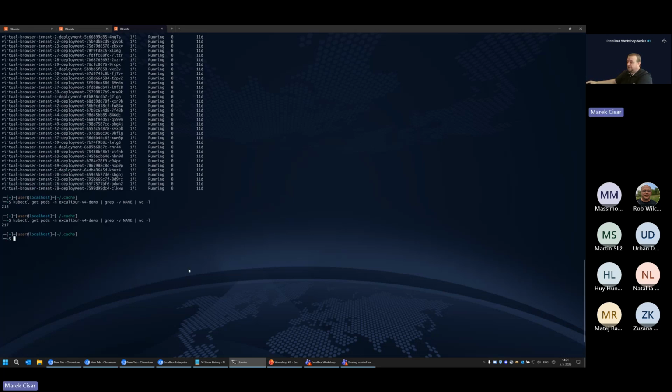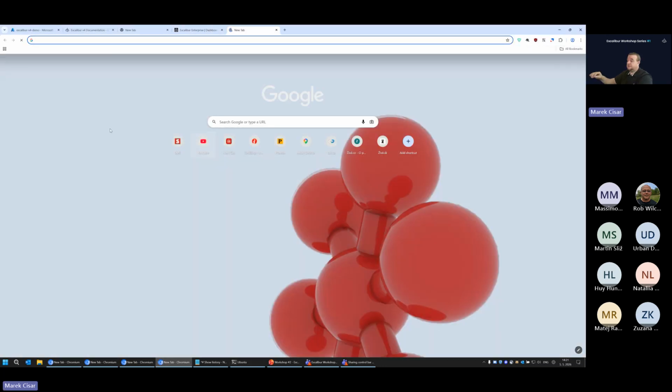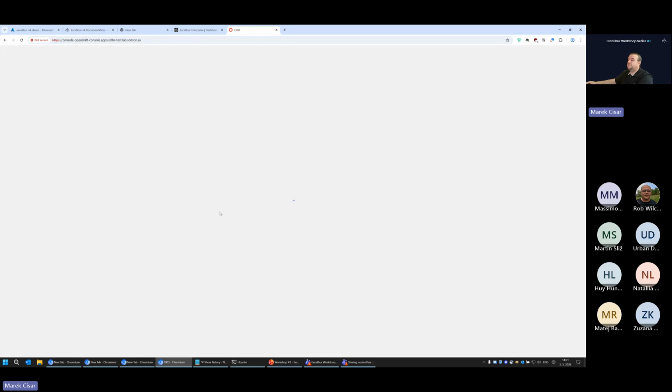Okay. Now let's try to check also the OpenShift, how it looks. So the console. Okay, I will log into the OpenShift console.